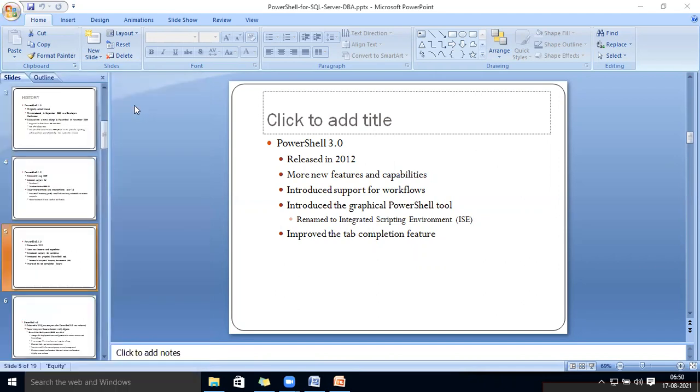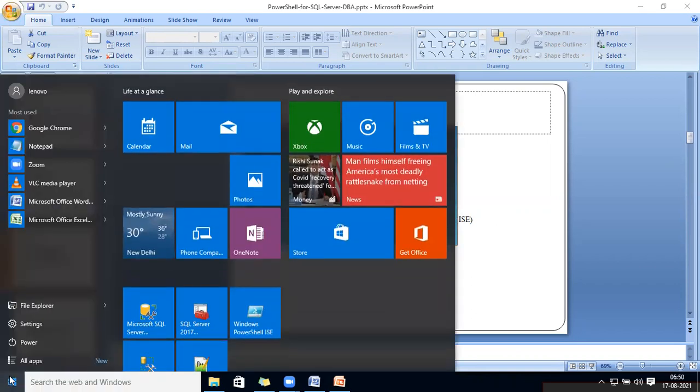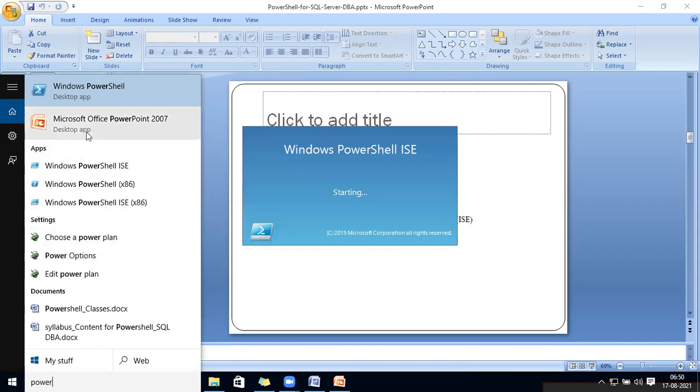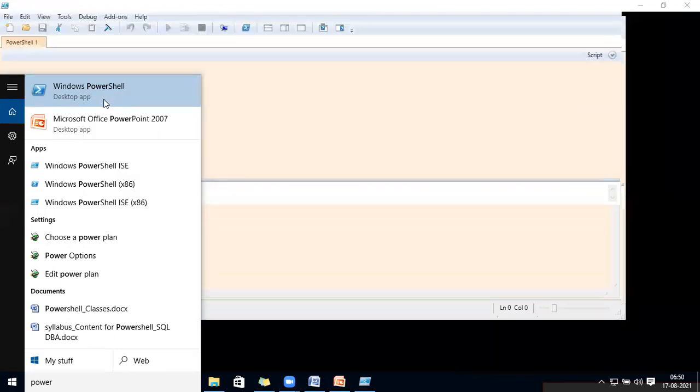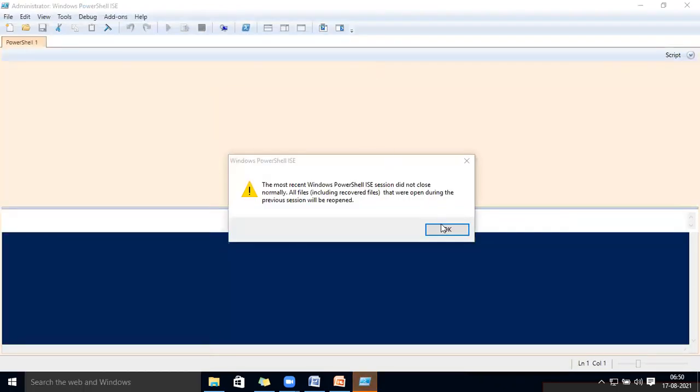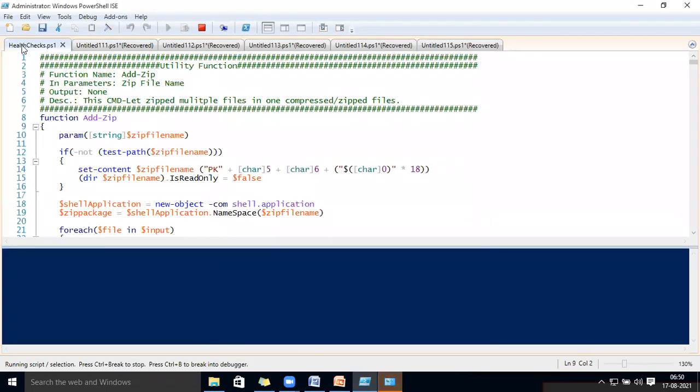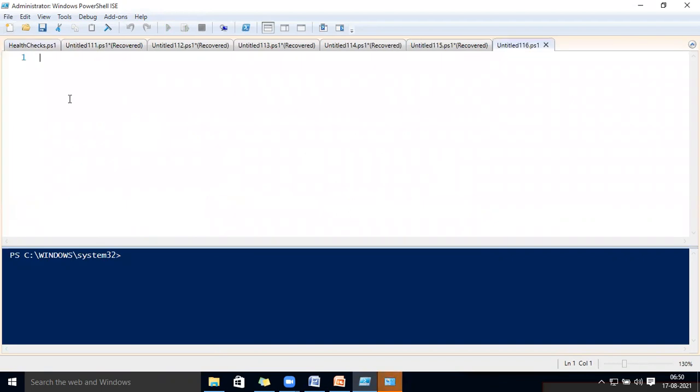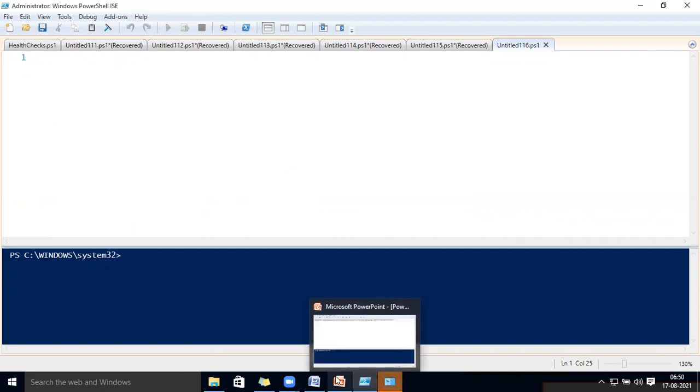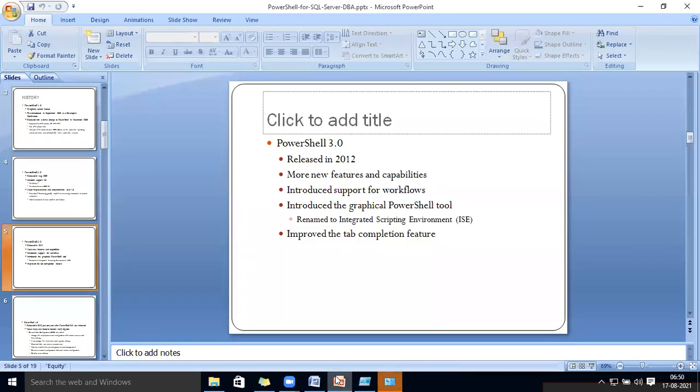Whatever code we are going to write, we will write here. And the other one is the PowerShell window, which is just like a command prompt. Here you can go with new and code anything, and you can see the result down below. So it is the integrated script language.